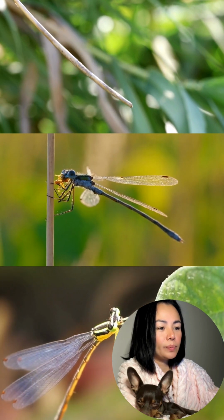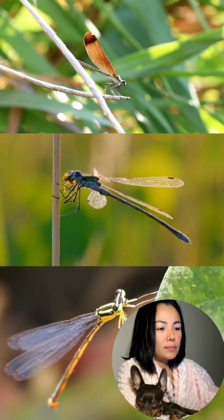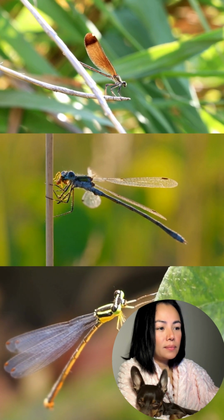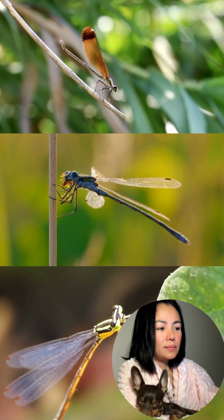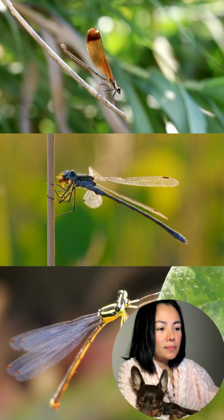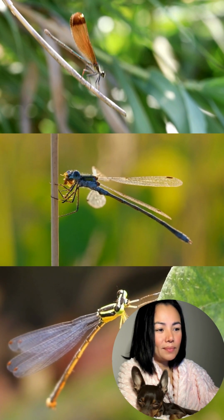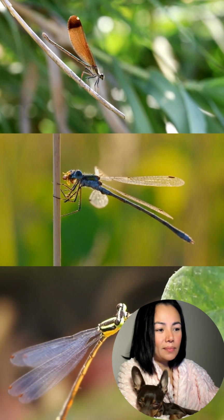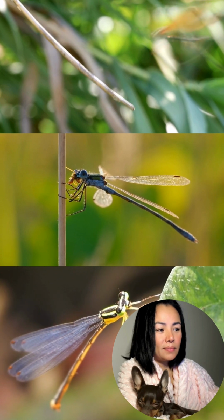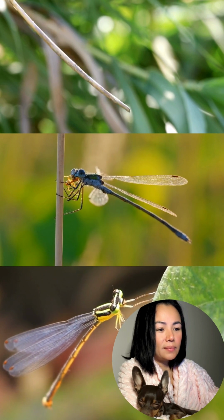The male grasps the female behind her head with special claspers at the tip of his abdomen, while the female bends her abdomen forward to receive the sperm from the male's reproductive organs located on his thorax. This mating posture is a unique and characteristic behavior of damselflies. Post-mating behavior. After mating, the female will lay her eggs in or near water, ensuring the continuation of the next generation. Some species of males will guard the female after mating to ensure that no other males attempt to mate with her during the egg-laying